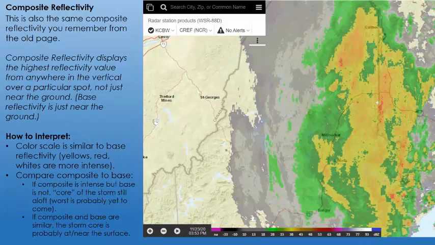Now, composite reflectivity is also the same composite reflectivity you remember from the old page. It displays the highest reflectivity value from anywhere in the vertical over a particular spot, not just the highest value at the ground level. So because the radar looks from the surface, basically, or as close to the surface as possible, up, it's going to take whatever the highest value is in the vertical and plot it over whatever point that is on the map. So right here we've got some higher values at some point in the vertical. And how you would interpret this,